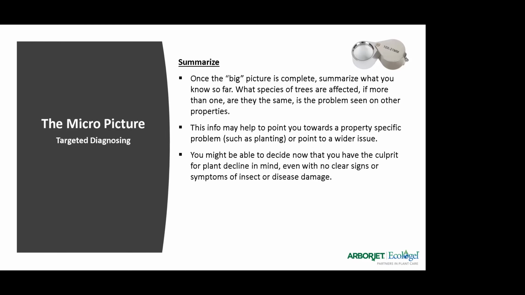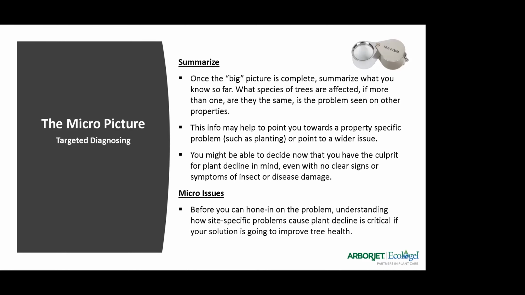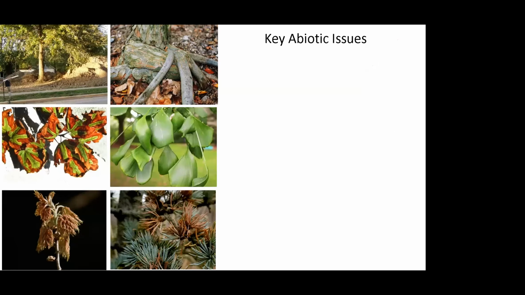You might be able to decide now that you have the culprit for the plant decline in mind, even if you can't find the clear signs of symptoms or insects or disease damage. So that's when we start to look at the micro issues that can impact a property specifically. You have to understand how site-specific problems can cause plant decline. It's absolutely critical for you to realize that 29 to 41% of plant decline has got nothing to do with insects and diseases. So what are some of these key abiotic,